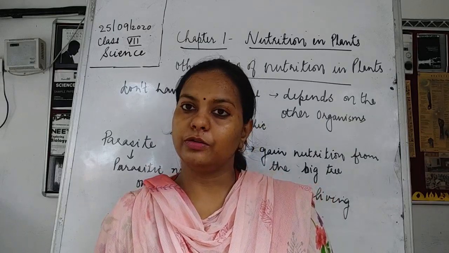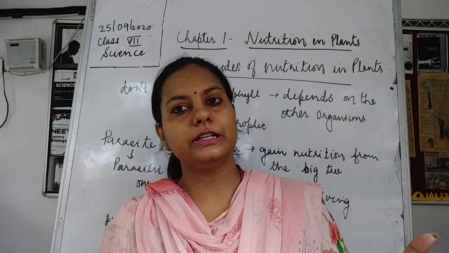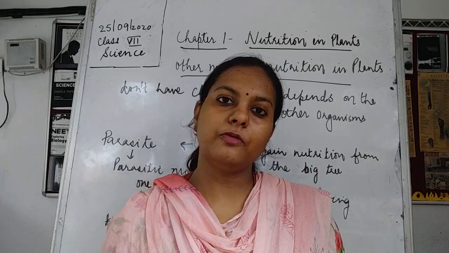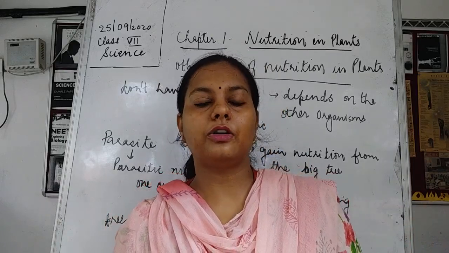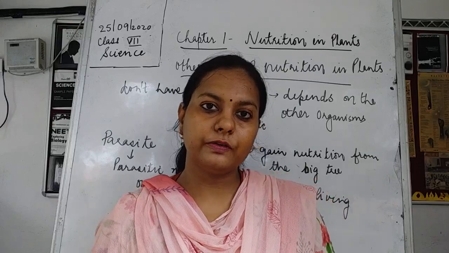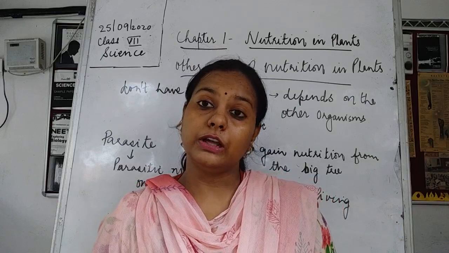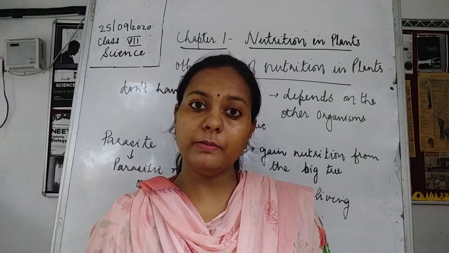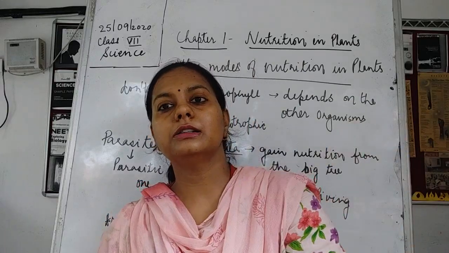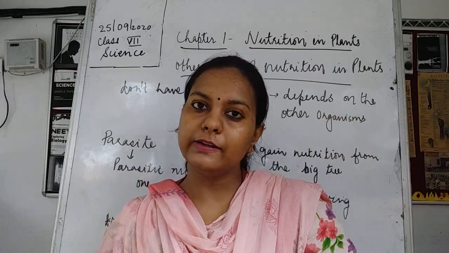It does not have chlorophyll. So this is what the problem is. Actually, they don't want to steal, but there is a problem: they are not having chlorophyll. If they are not having chlorophyll, then they need to take up nutrients from somewhere. So they are going to steal because they cannot make their food. They have to be dependent upon others. So they depend upon one living plant.